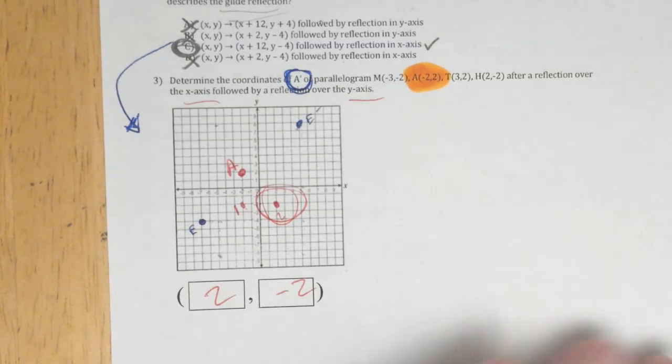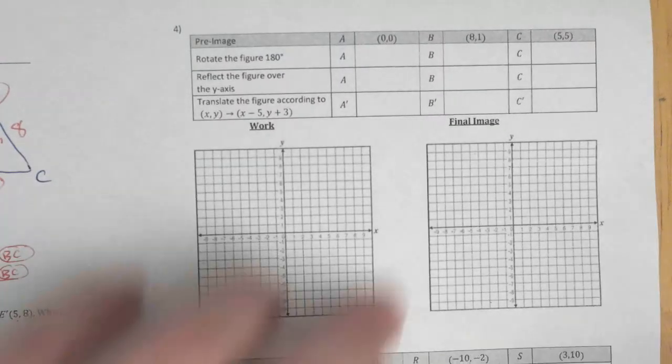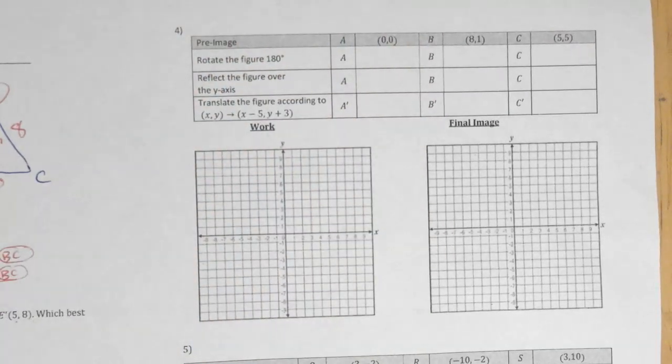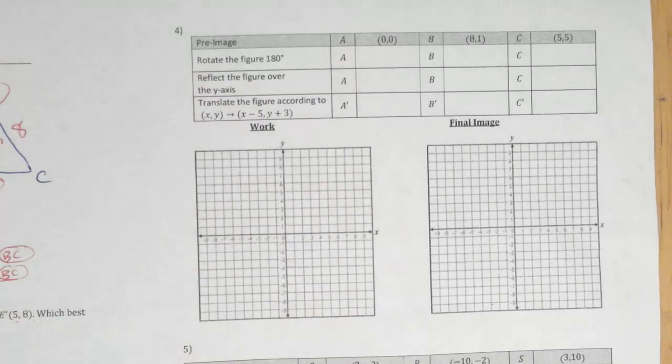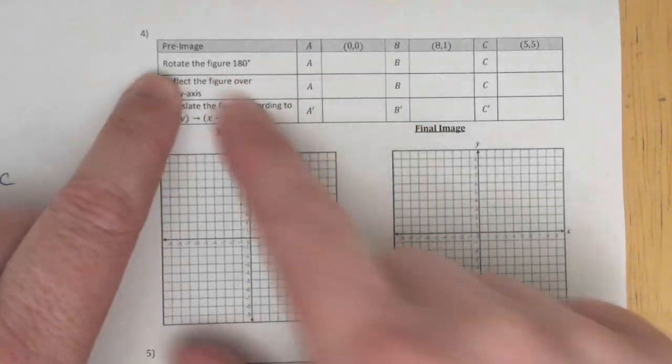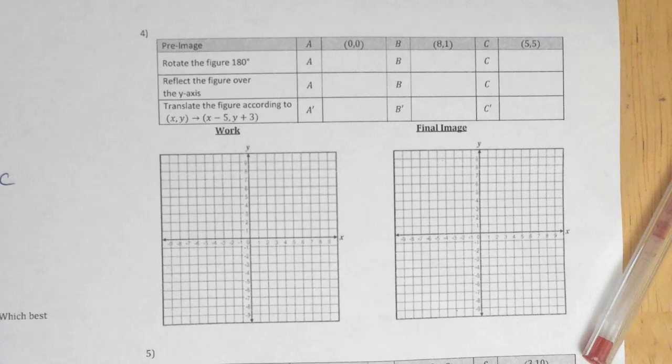Number 4. All right. So on number 4, a couple things. Now, if they're only asking you for one coordinate, only work on that one coordinate. If they want you to graph the whole thing, go for it. Now, me personally, I would rather just work on one coordinate at a time. It just keeps things a little more organized. So I'm going to do this in different colors just to help me. So I'm going to start with